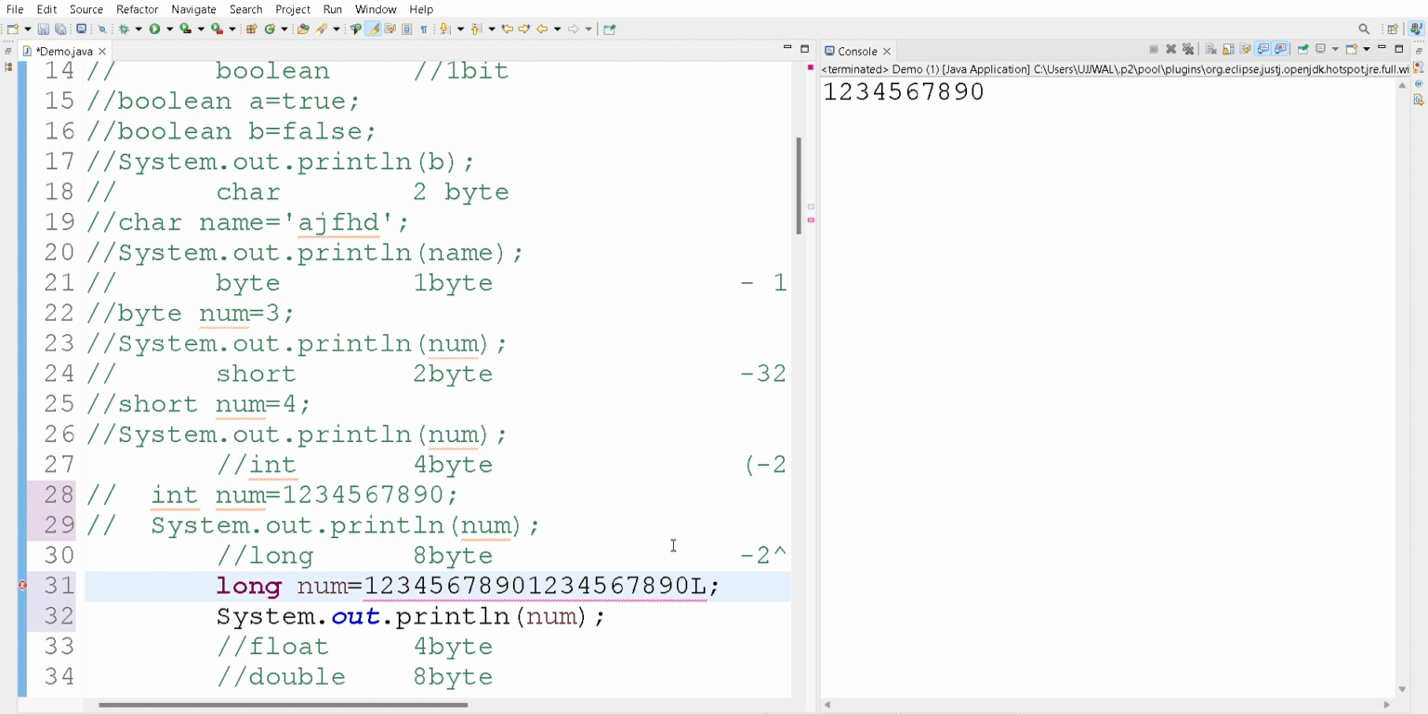Now why? It is out of range. So let's cut 5 digits. Now 6, 7, 8, 9. Okay, so how many digits can it store up to? Here 10 and here 9. Total 19 digits. We can store a total of 19 digits in a long data type, and always use L at last,